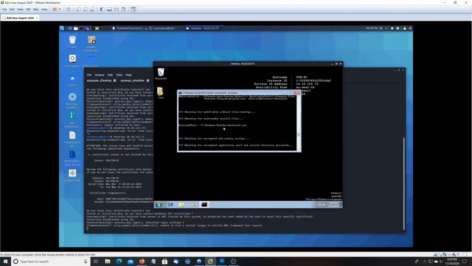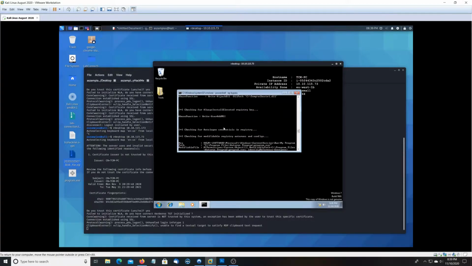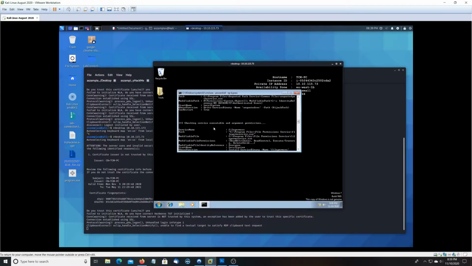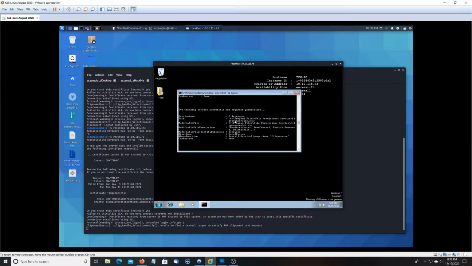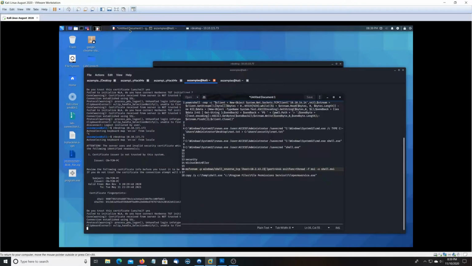All right, let's see. All right, here it is. So it's saying that the permissions are off and we can overwrite File Perm Service. So what I'm going to do is I'm going to